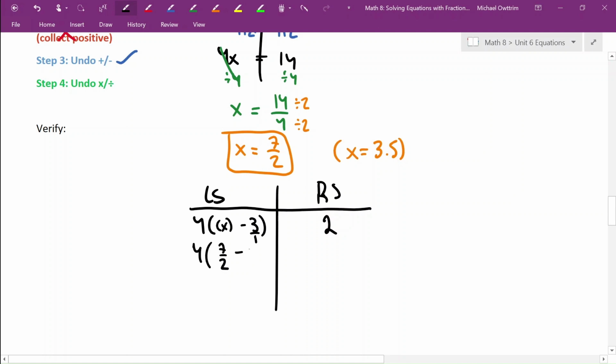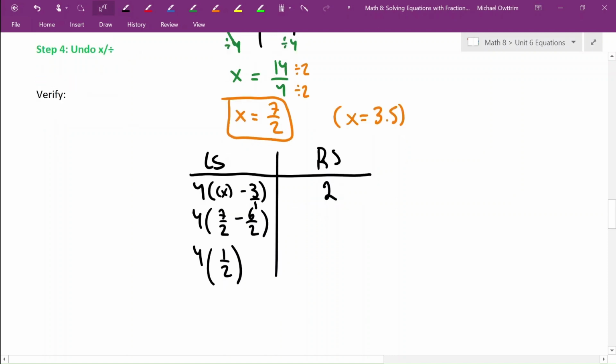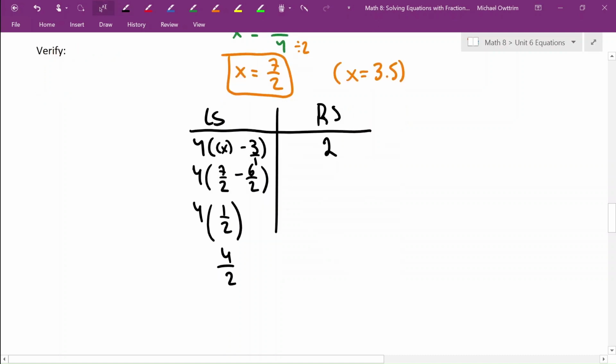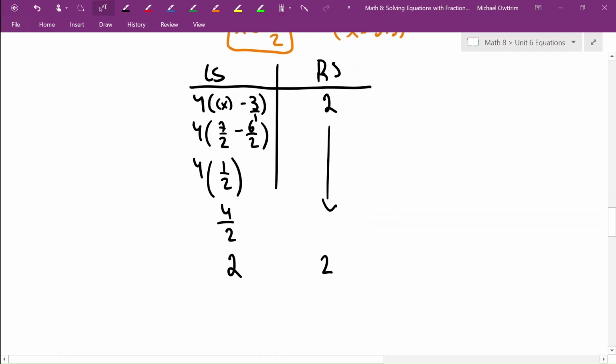So I'm going to multiply that fraction by 2 to make a common denominator of 2, and that's 6 over 2. Okay, 7 over 2 take away 6 over 2. 7 halves take away 6 halves is 1 half, and 4 times 1 half is 4 halves, which is 4 divided by 2, just 2. Since the original right side was just 2, the left side does equal the right side, and our solution is